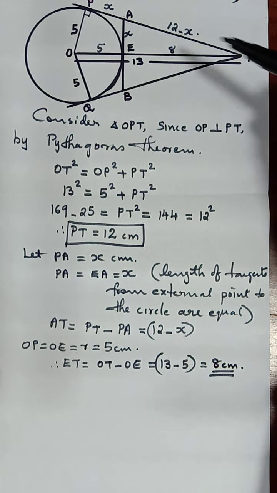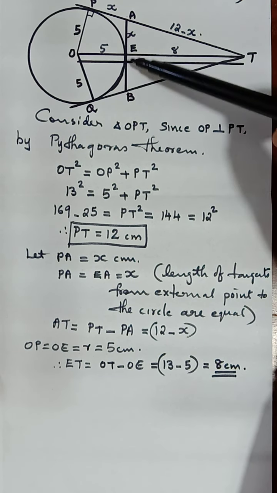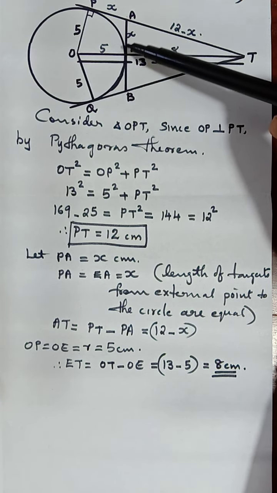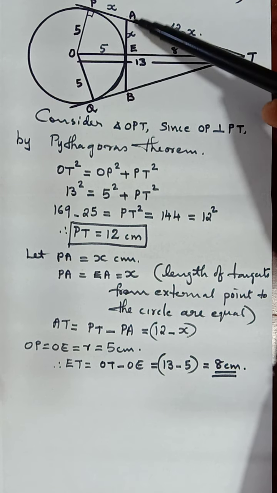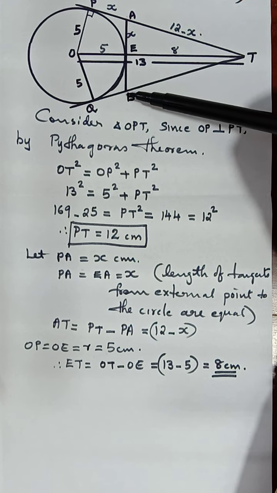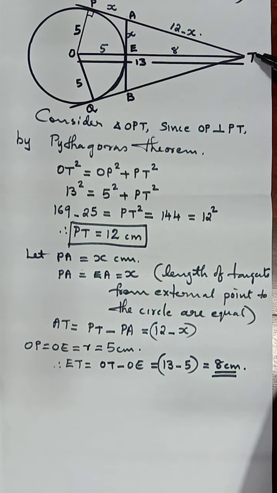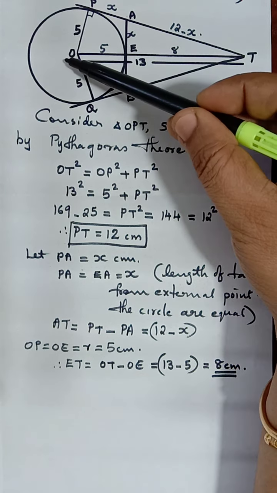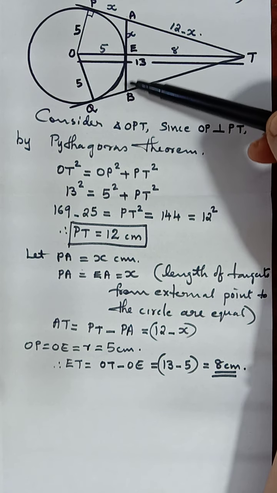Okay, so we are considering triangle AET now. What is the use of considering this? We have to find out how much is AE, so that we will be able to find out how much is AB. AE plus EB it will be, and AE and EB will be equal since these two lengths are equal. AT length equal to BT. Therefore, this line which moves to the center will be bisecting this AB as AE equal to EB.